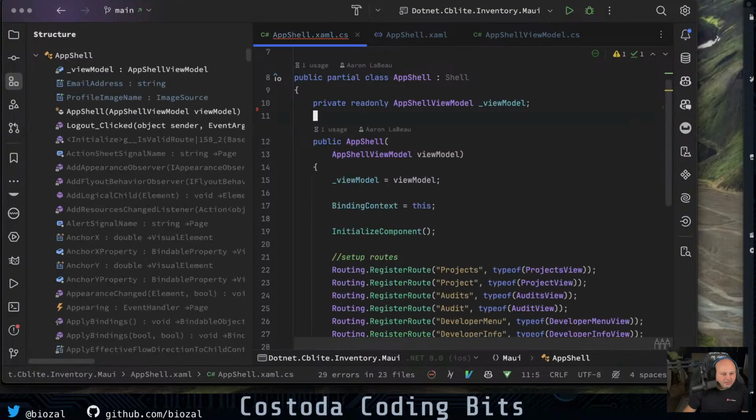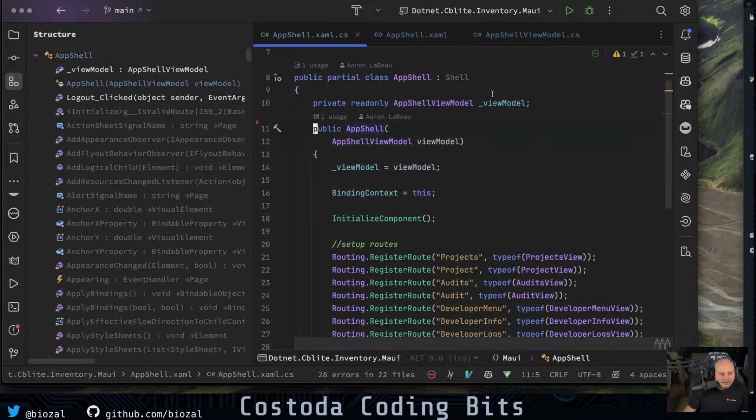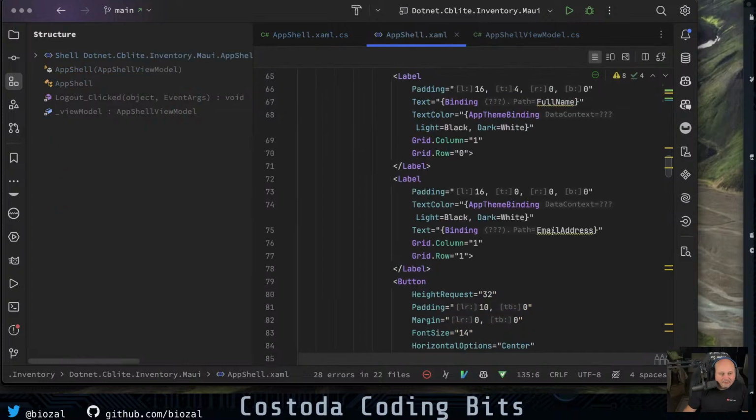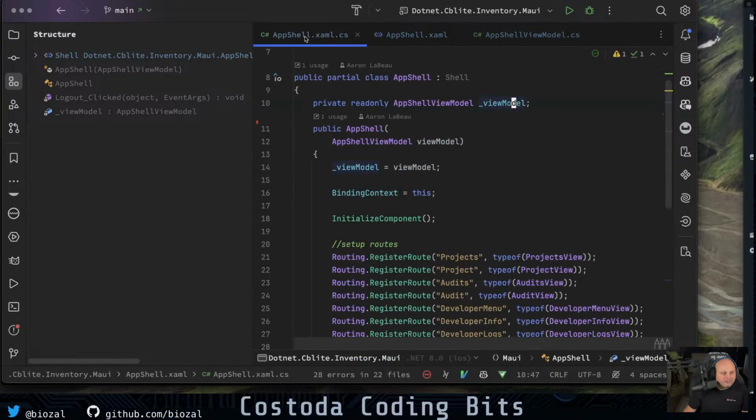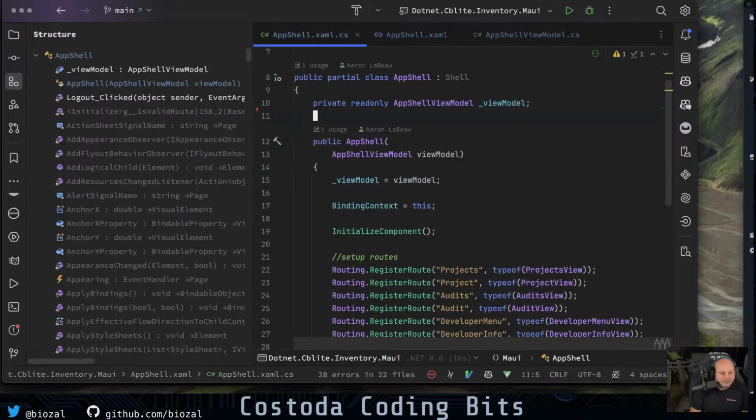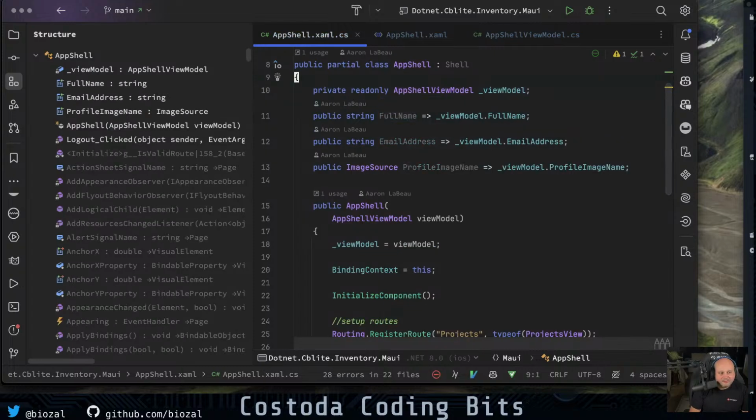So I actually could do this. I can just say, I'm going to use the view model. The view model has the observables. So it's out now inside of my app shell. Well, I think I was using those right here. So let's put those back. I was using those for my bindings. Let's put this back. And so now the theory would be I could just say, go to full name